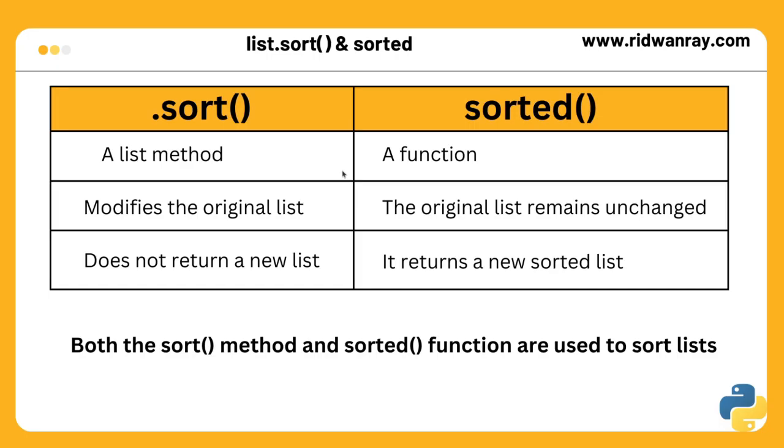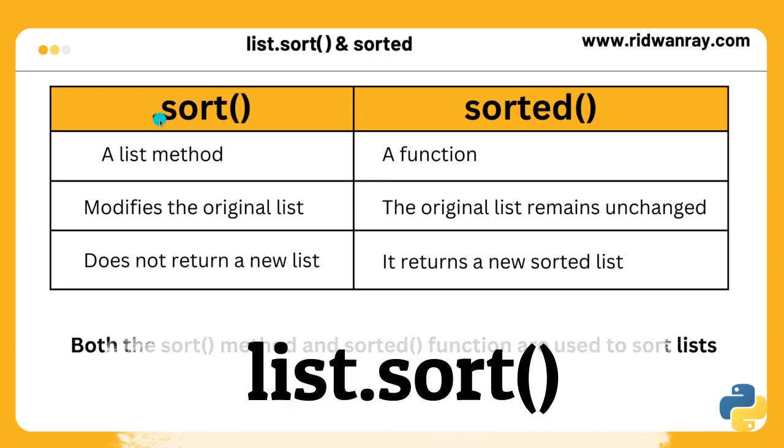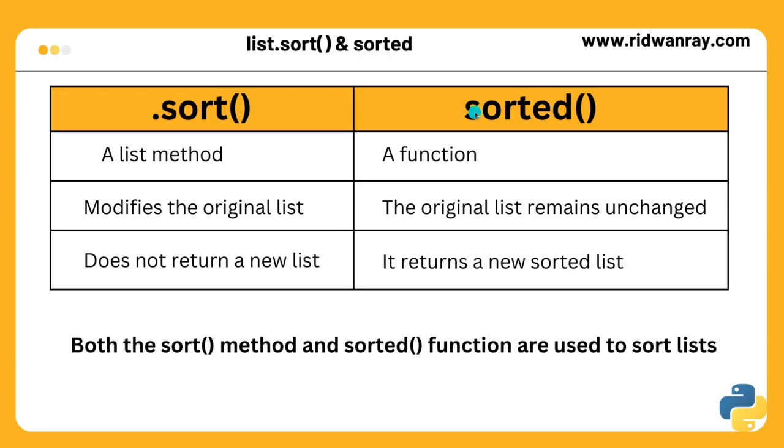In Python, both the sort method and the sorted function are used to sort lists, but they behave differently. The sort is a method, which means to use it, we need dot notation on the original list. Sorted, on the other hand, is a function. The sort method modifies the original list and does not return a new list. The built-in sorted function takes a list or just any iterable as input and returns a sorted list. The original list remains unchanged with the sorted function. If you want to keep the original list intact and create a new sorted list, you should use the sorted